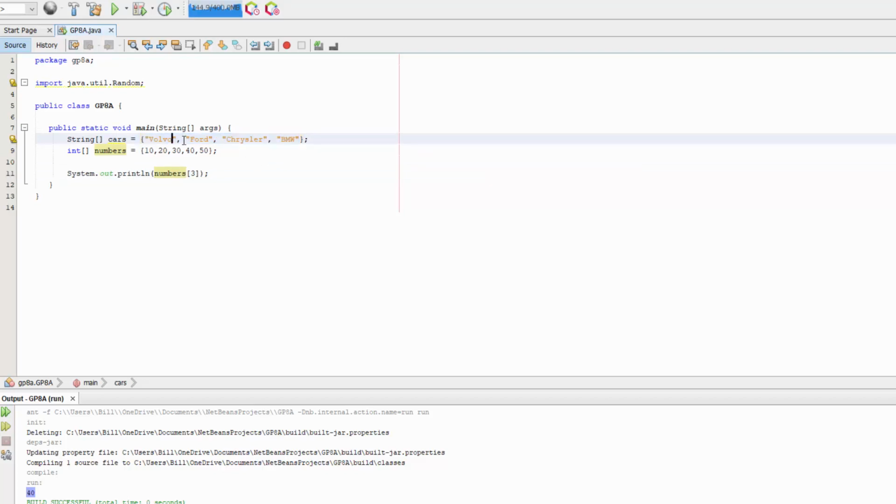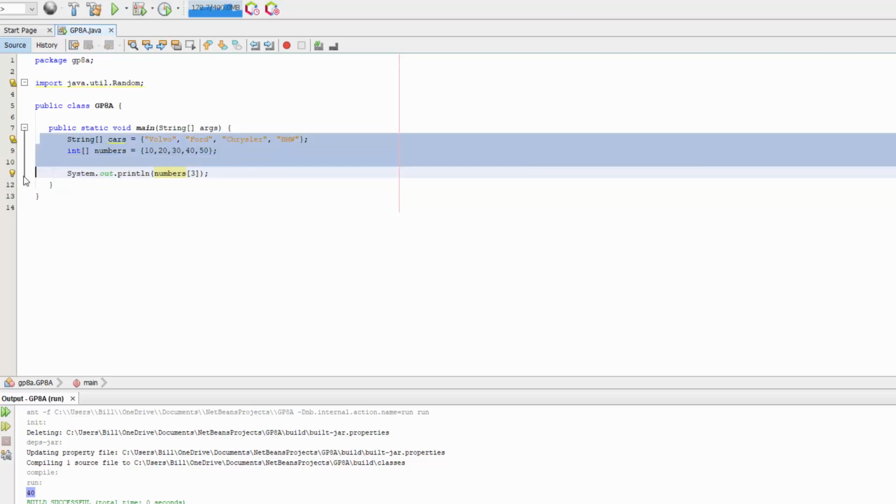So Volvo is an element, Ford is an element, Chrysler is an element, BMW is an element. Same with numbers. 10 is an element, 20 is an element, 30 is an element. But the way that we reference those elements within the array, that's referred to as the index value. So now let's move on from this concept